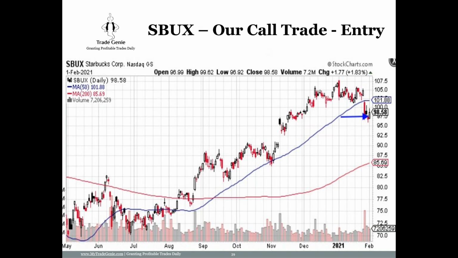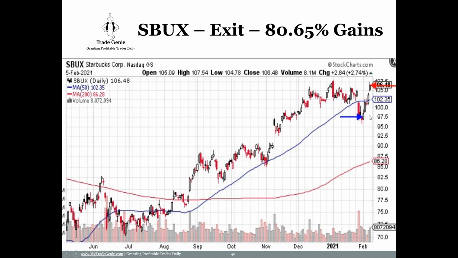Here's Starbucks. After this move and this dip, looking on the left side, this is where the consolidation took place, and then it went up to 107. So the chances are maybe Starbucks has found this support. On the left side I see this 95, 94 support. So we went long on Starbucks right here, it gapped up, and we closed it.